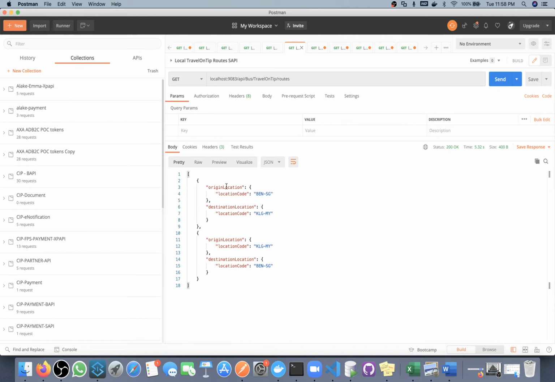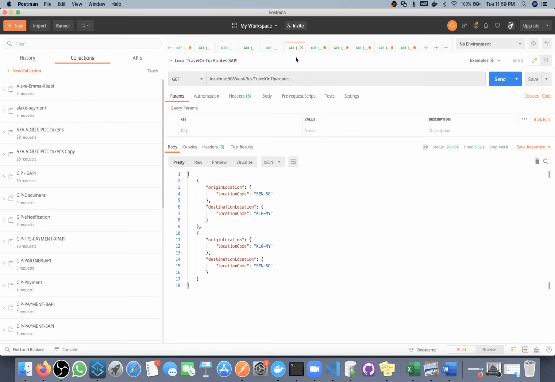Okay, so origin location we are getting BNSG KLGMY. Here also we are getting 9083, which means the system API also we are getting. Then we have the next, the process API only.